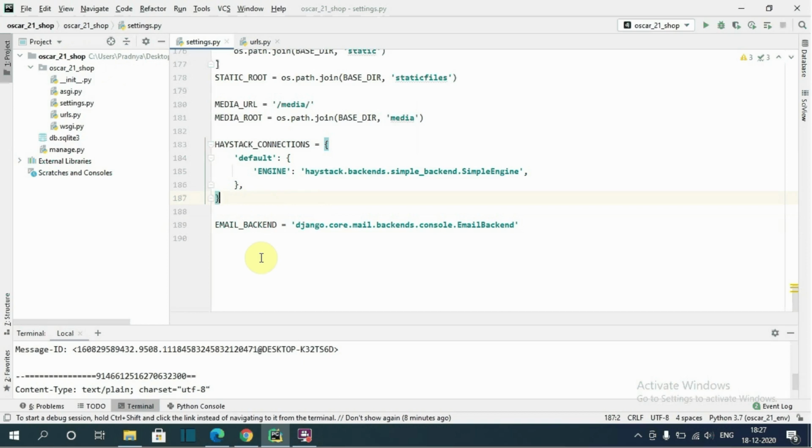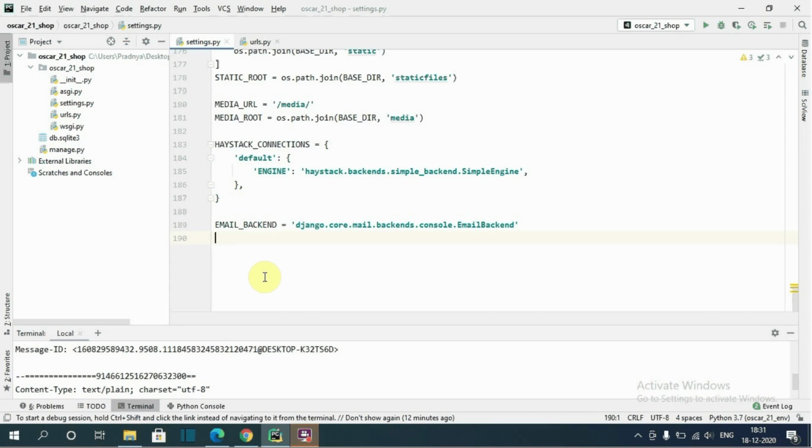By default, Django uses the SMTP email backend to send the real emails, but I used the console backend here instead of SMTP because I wanted to send the email after registration to standard output, that is the console, instead of sending out the real emails. I did this to show you the details of the Oscar email, and later we will send out the real emails. So here I have added the email backend setting with the value console email backend.